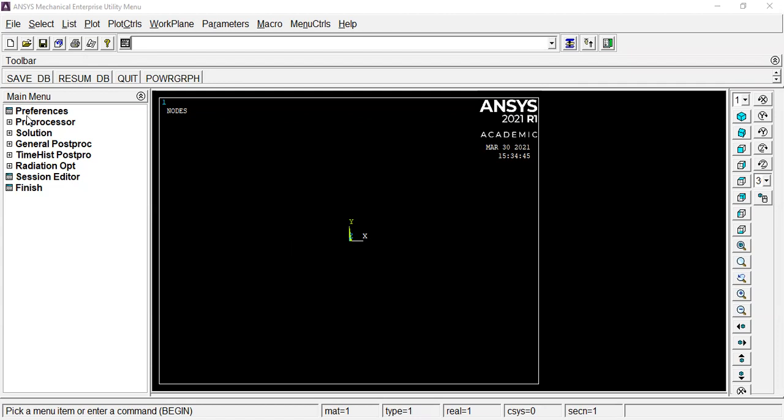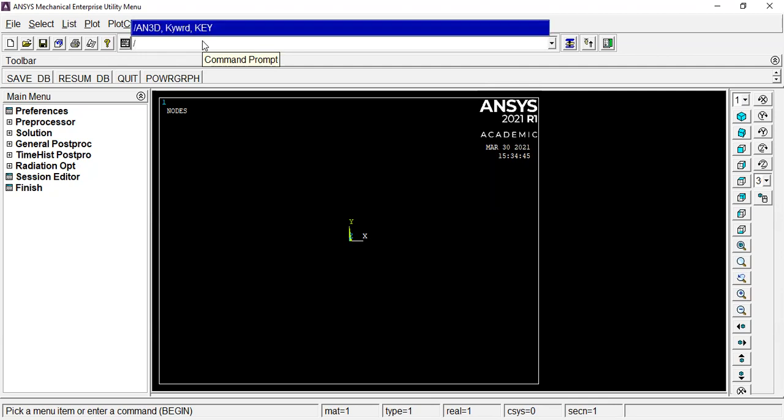So first of all, I will go with this. This is the command prompt. Here you can see the graphical user interface, GUI is there. So I will use the command prompt. Okay. So I will enter the title slash title